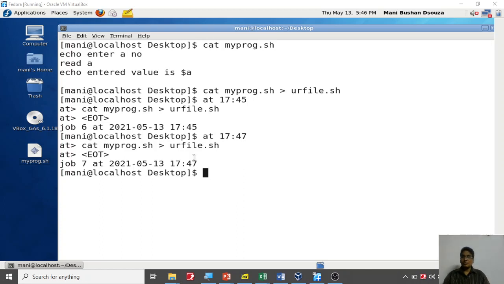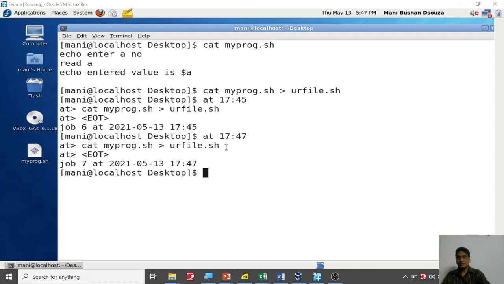So you can say that at 12 o'clock I want this file to be executed. Like at the end of the day, I want all the files to be backed up somewhere. Or in the morning, I want everything to be reset back. Anything you can do. So suppose at a particular time you want some commands to be executed. In that case, you can use the at command. So at, followed by the list of commands. I have just given one here and pressed Ctrl D, but you can use any number.